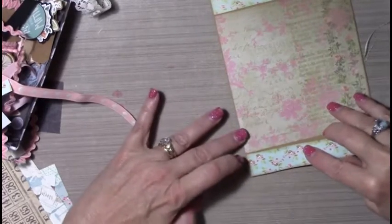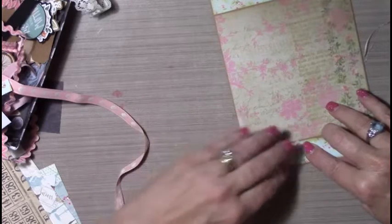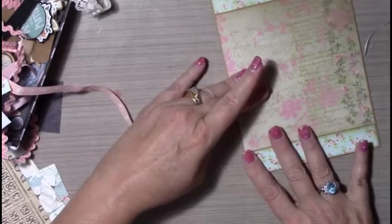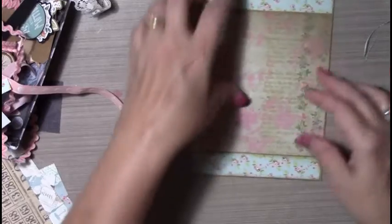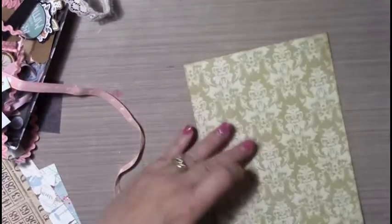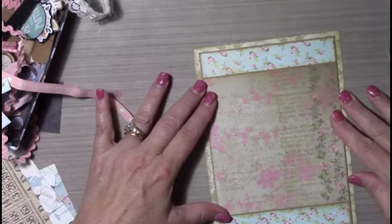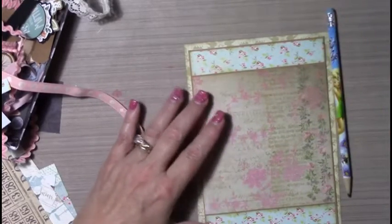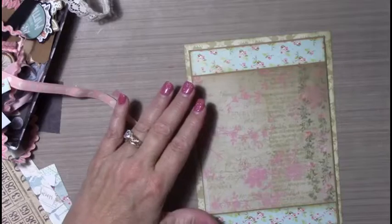Okay. There you go. Oh, how pretty. I love that. Now, we're going to glue him in the center. And that is really pretty. Put my pencil away so I can find it. Put my little ruler away. Okay, so let's...